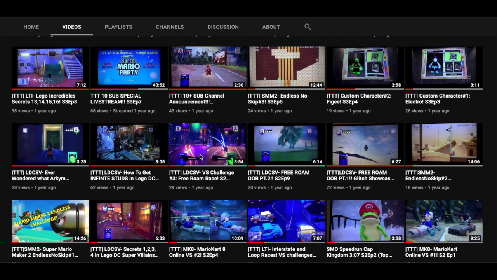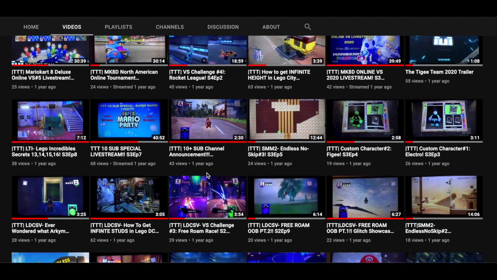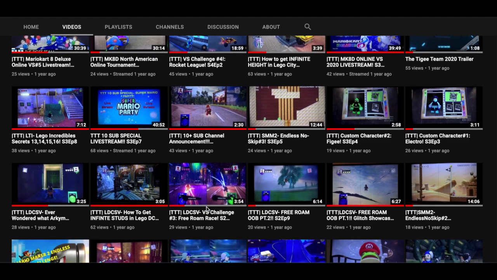Then we have another versus challenge, so this is the season 2 finale. So we figured that me and Hunter were gonna do versus challenges in the finales of the seasons because they were really cool and we really enjoyed doing them. So we wanted them to be the cool season finale. So then we move on and we do some custom characters and we get back to Mario Maker 2 Endless